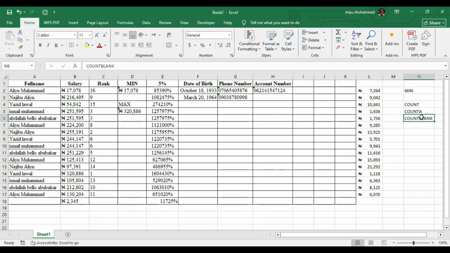Then we have count blank. Count blank counts blank cells in Microsoft Excel. So this one counts numbers, this one counts non-empty cells, then this one counts blank cells or empty cells. Let's take, for example,